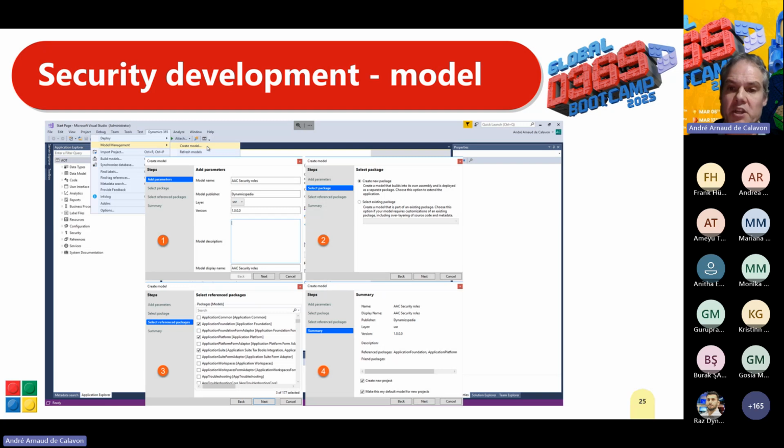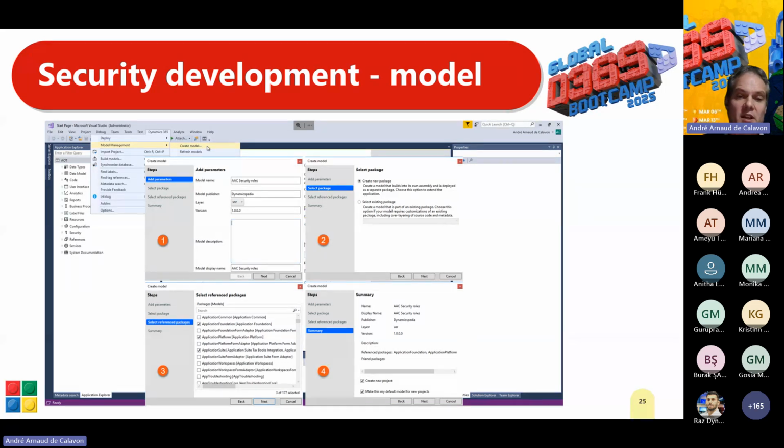On the second page, do you want to create a new package or select an existing one? The new package will ensure you have an extension model in the application. I would recommend to use that always, as you're not able to just change existing standard packages. But if you have a customization model and you want to create a security model on top of that customization model, then it would be possible to still select the existing, but I would rather always choose for a new